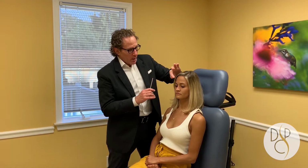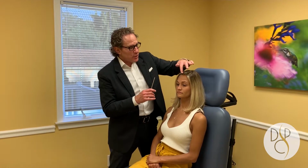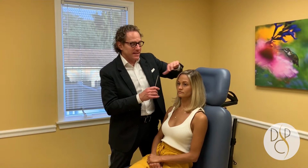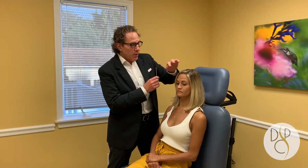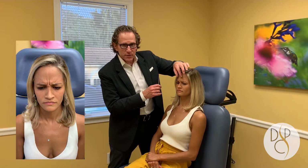So what we're trying to do with these patients is figure out a balancing act where the elevator muscles will win in this tug of war, but yet you're still able to knock out a good majority of these horizontal lines. And that's where peppering the amount of Botox in this area in a very gentle way will allow those horizontal lines, raise them up again, those lines can also be addressed, as well as frowning those muscles. But it's the balancing of those two that I spend a lot of time talking to my patients about,